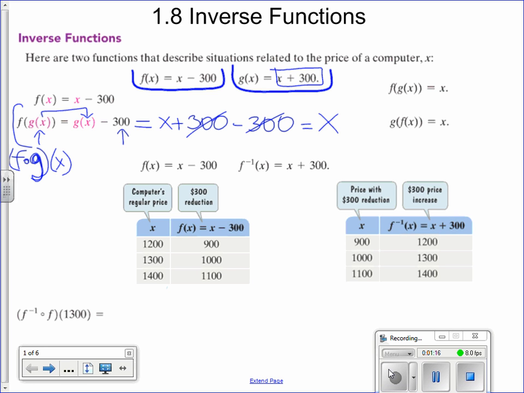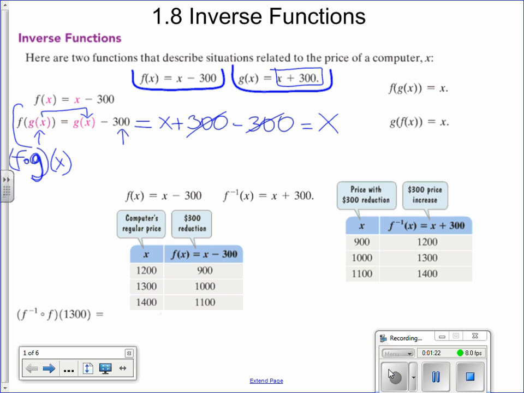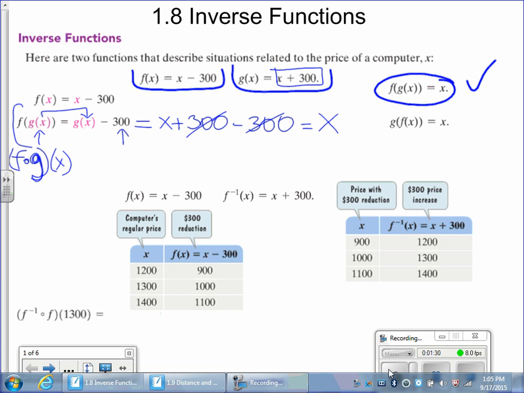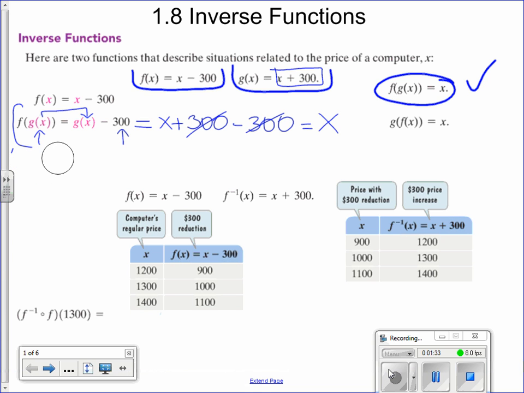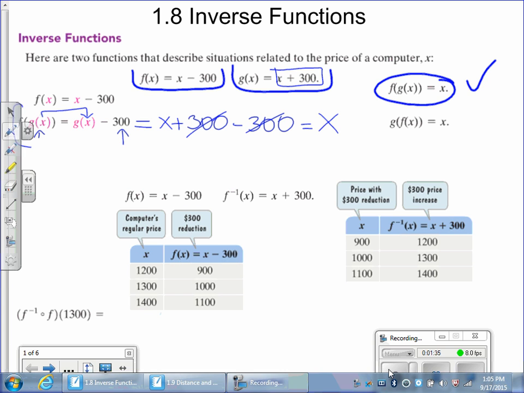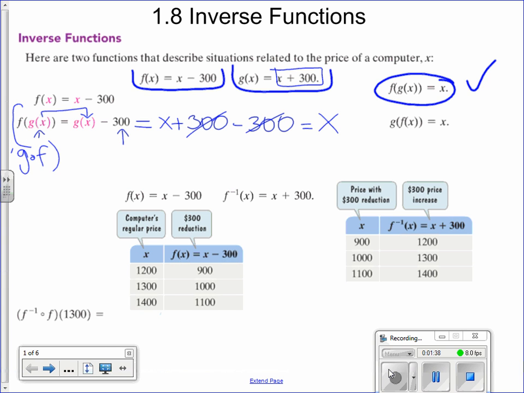And we're going to do the same, but the other way. By doing the first one, we get the first condition satisfied, and you will see why in a minute. So if we do the other way, not f of g, but g of f, that will be function f inside function g, or g composed with f. So I'm going to substitute function f, which is x minus 300,